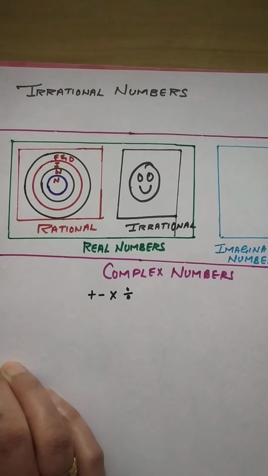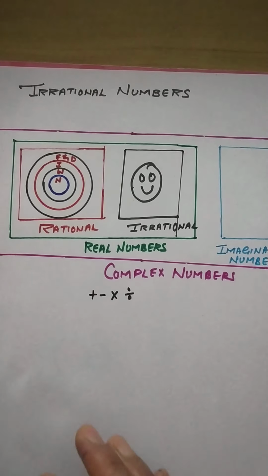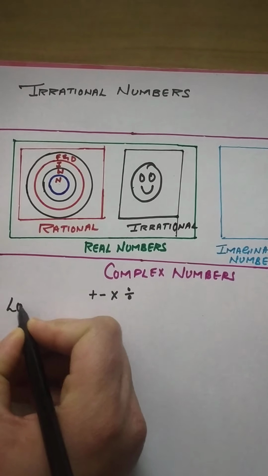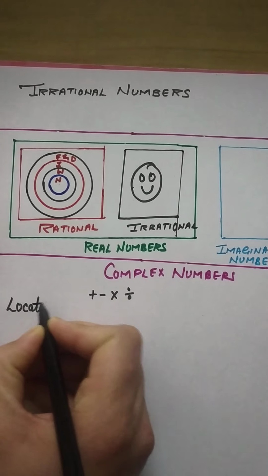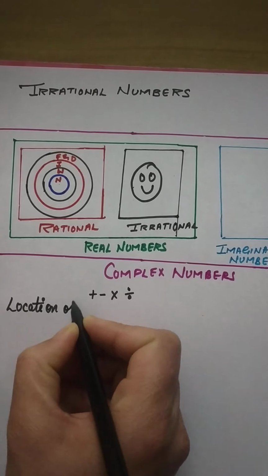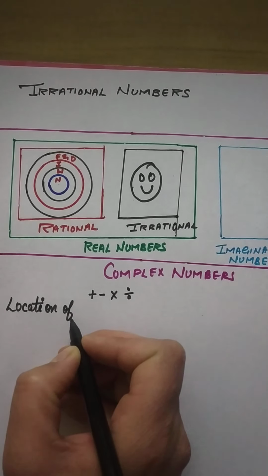These all things actually give the complete knowledge of the number family. So for the irrational numbers also I taught you how to add, subtract, multiply and divide. Now today we'll take the topic of location, how to locate them on the number line. Location of irrational numbers.